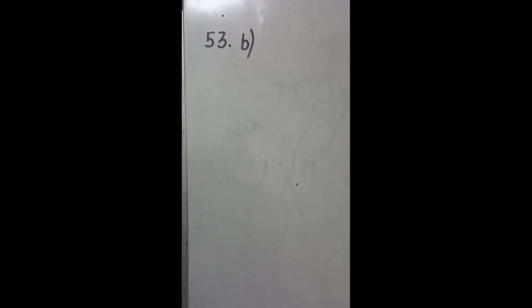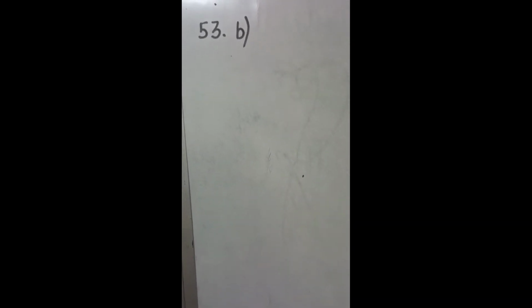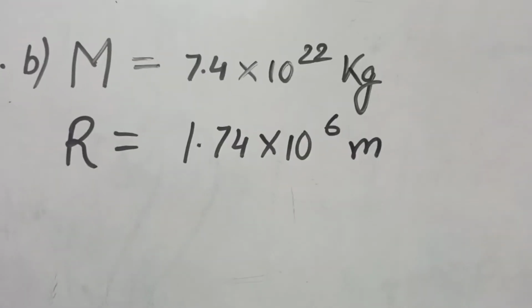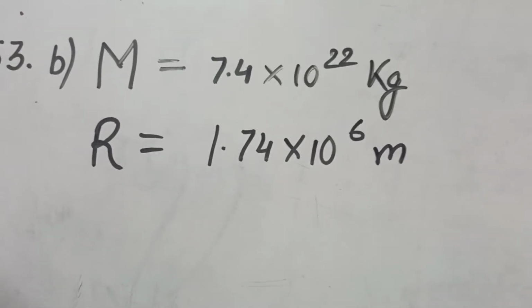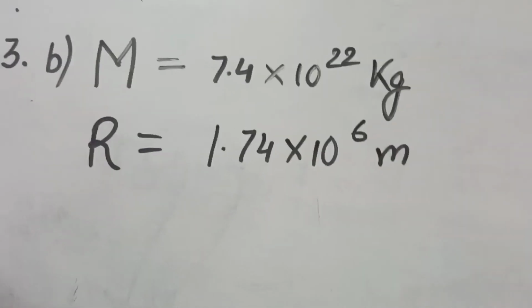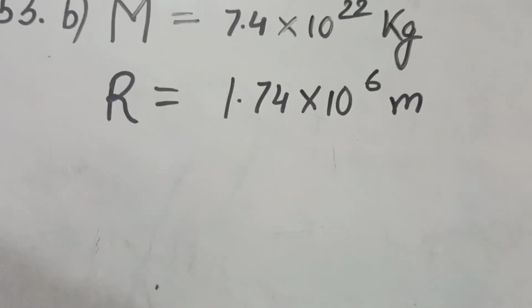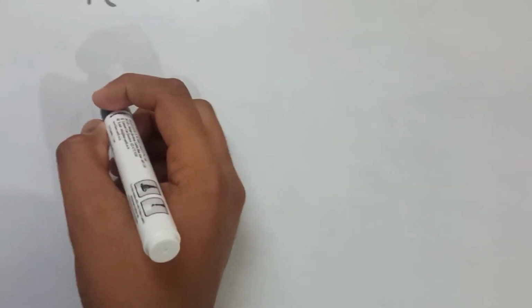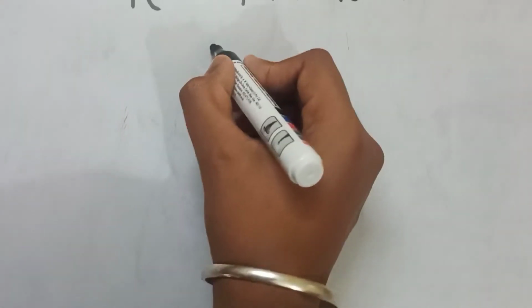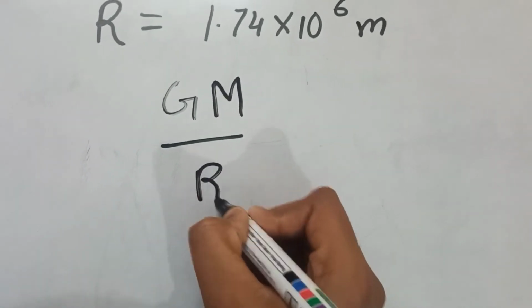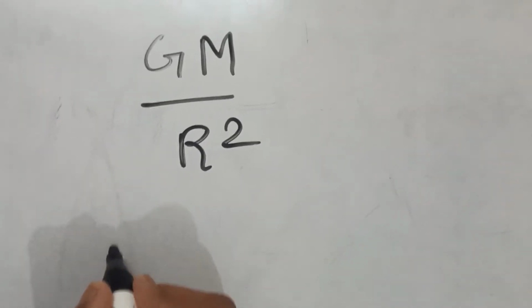So the B part of question number 53 is also very simple, it's a numerical. We have to calculate the gravitational force on the surface of a satellite. In the question we are given the mass and radius of the satellite. So the mass of that satellite is 7.4 into 10 to the power 22 kgs and radius is 1.74 into 10 to the power 6 meters. So to calculate the gravitational force on the surface of that satellite, we will use the formula GM by r square, in which if we put the values it will be